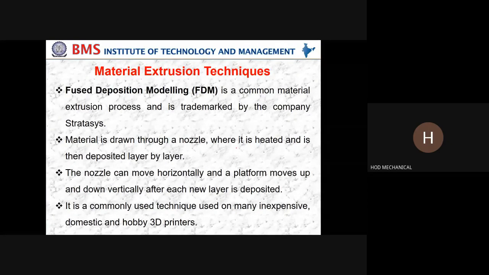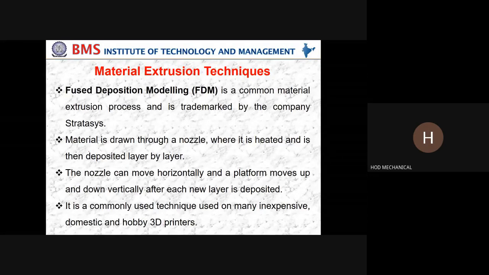If you observe DIY kits, do it yourself kits, there is a gun, and some tubes are going to come. If you press through that tube, the tube is going to melt and it is going to stick. It is a type of adhesive. Probably you might have used it for some craft work or some project works.